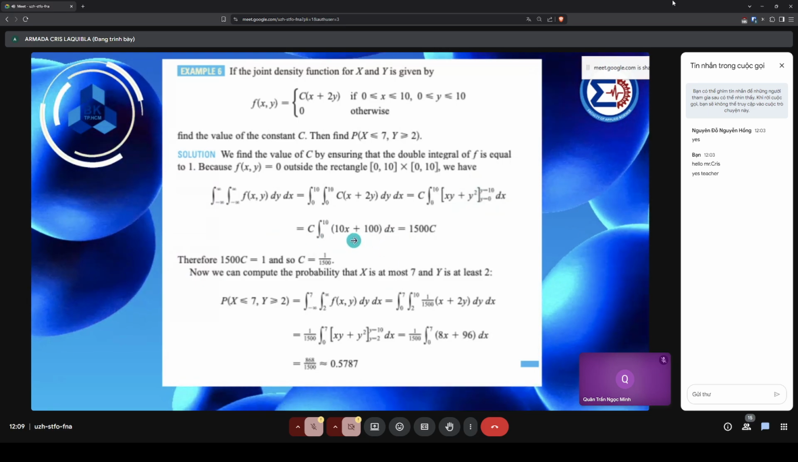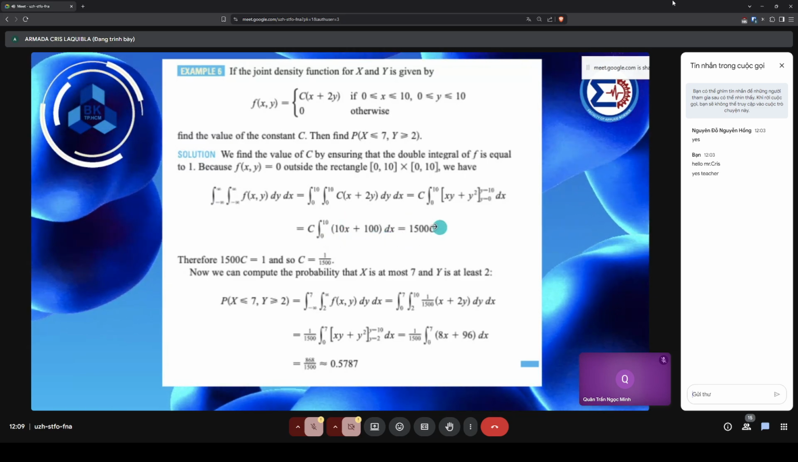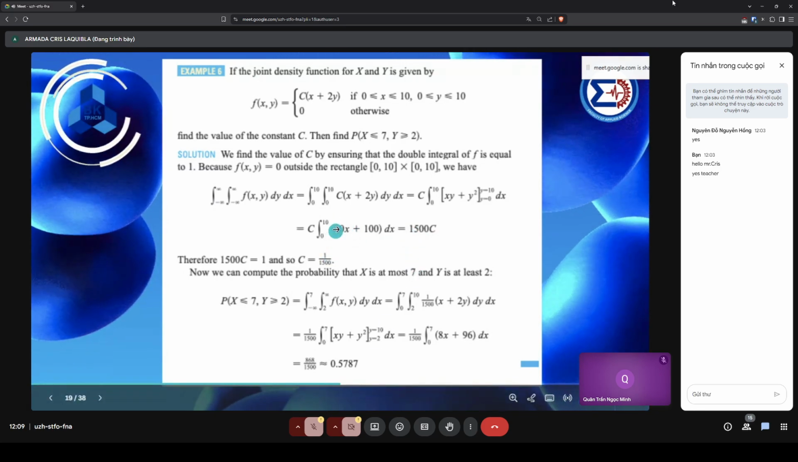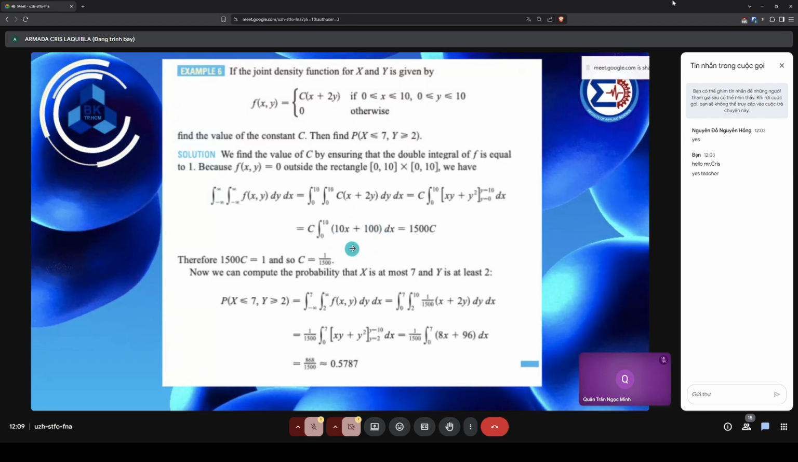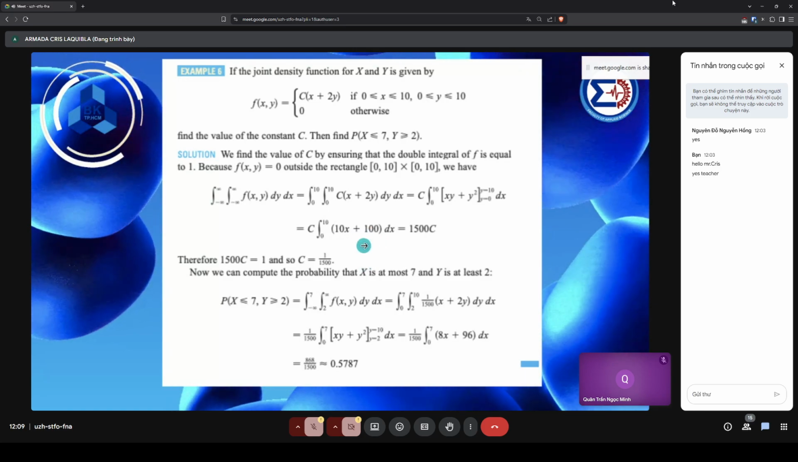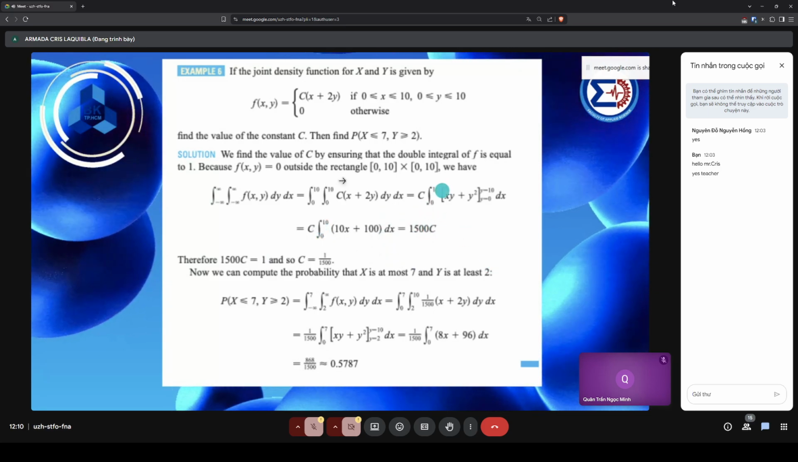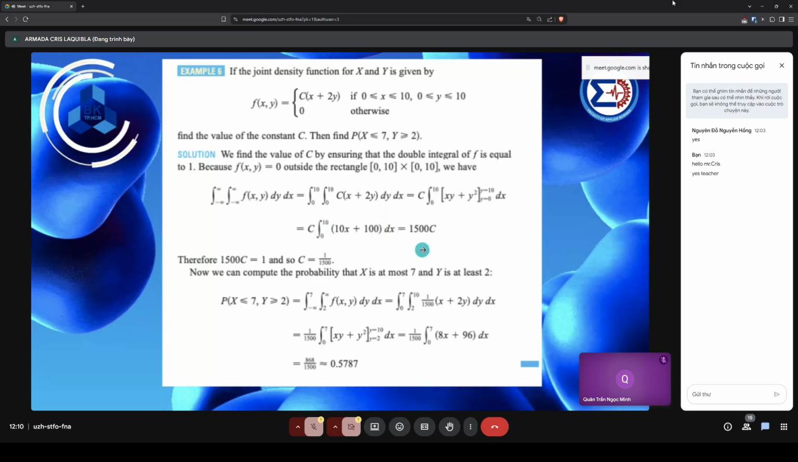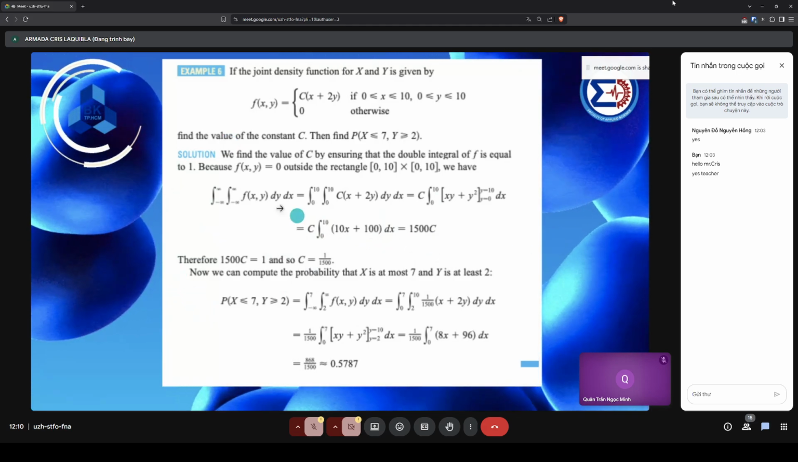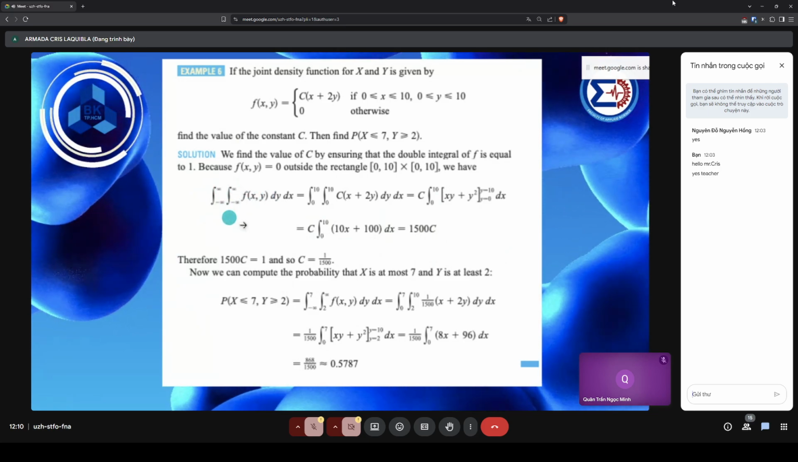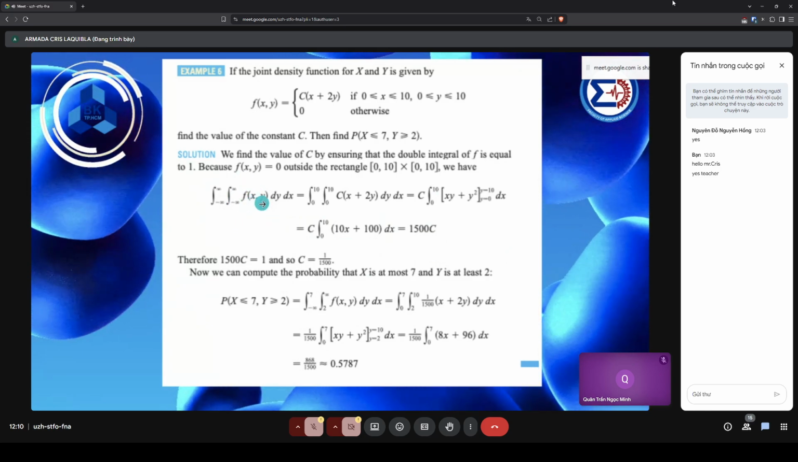Now evaluate this with respect to x. By the way, the calculator can solve this directly, and you have 1,500. But if you want to integrate this, you have to write 10x squared over 2, or 5x squared, and then 100x. Now substitute the x from 0 to 10. So just substitute 10 and you will get 1,500. Now, therefore, since this is equivalent to the double integral from negative infinity to positive infinity, and the property is that this double integral is equal to 1,